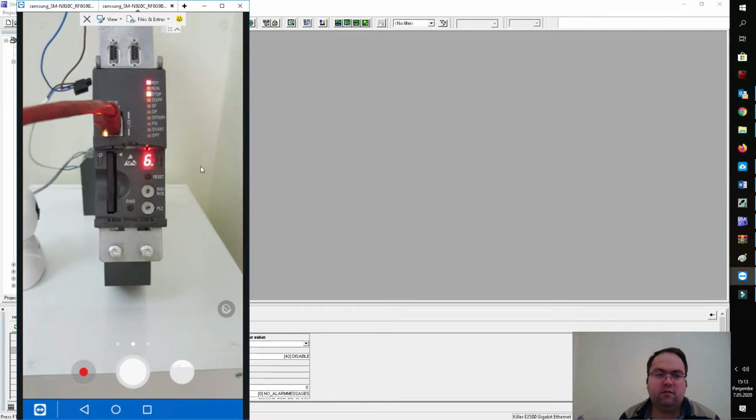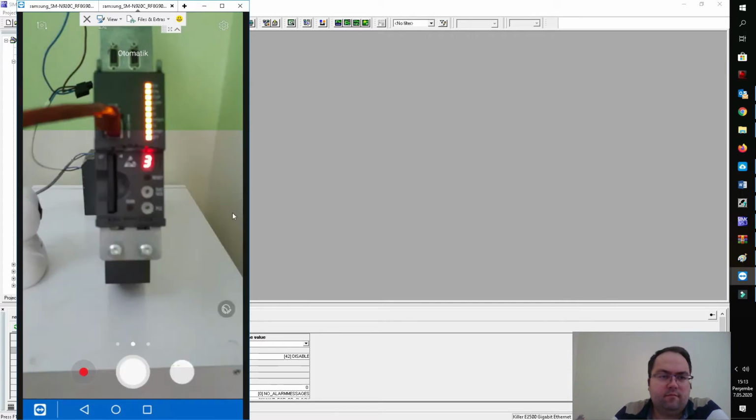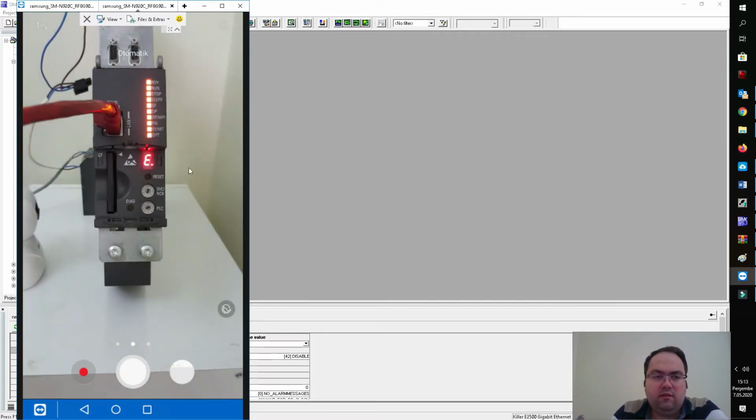I just set the switches to 1 and 3, and I will hit the reset. Now see, all of the LEDs are orange and lit, and the CPU is powering on.